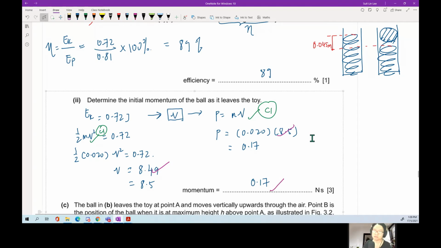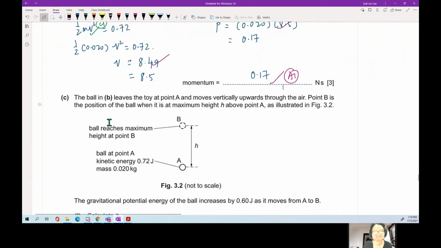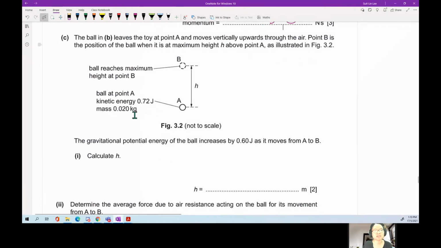So all this working is strangely A1. So you can see certain parts, right? They join the working with the answer mark. That way, if you write the correct equation, you will get the mark, even though you may have thought too much or not enough and then substituted the wrong value or misunderstood the scenario. At least you know the equation. Trying to help. Okay, anyway, the ball in B just now with kinetic energy 0.72 joule leaves point A